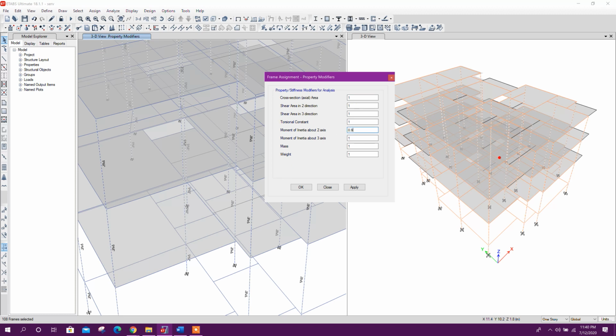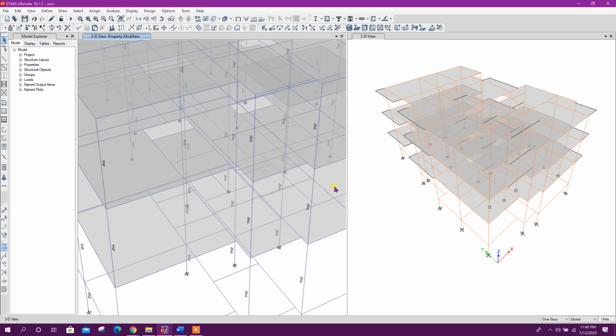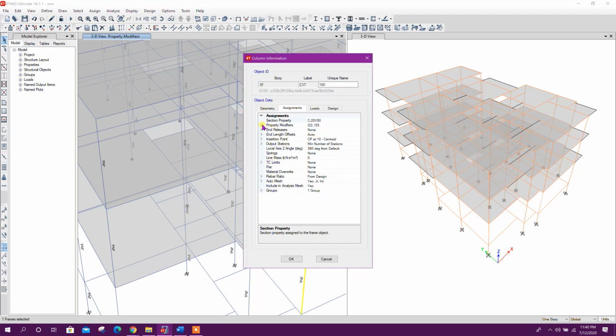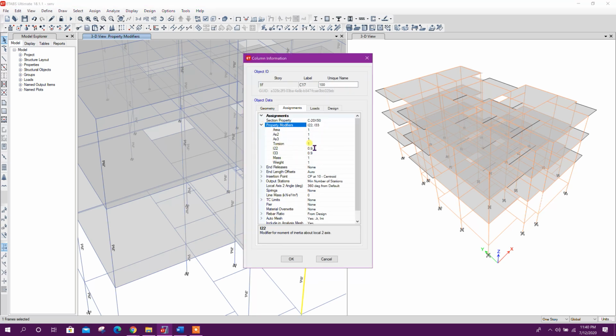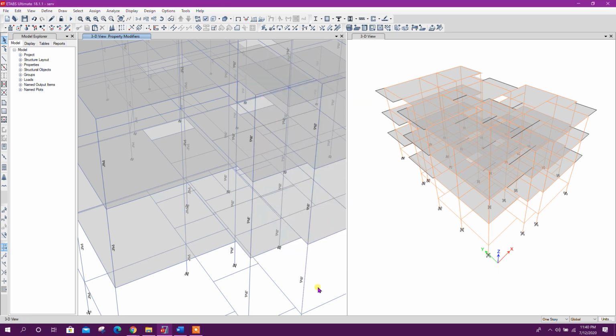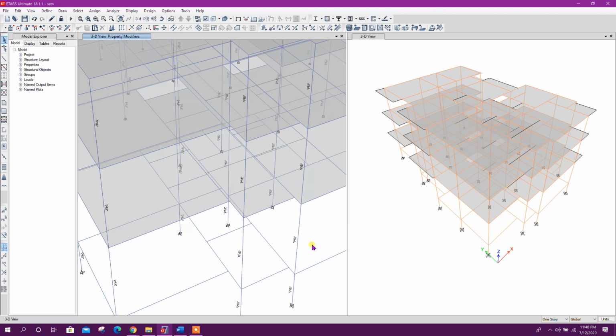Here we will type 0.9, 0.9, then click on apply, close. Now we will see the property modifiers changed from 0.7 to 0.9. So this is the best way to practice stiffness modifiers in ETABS.